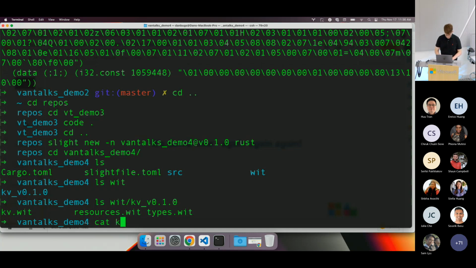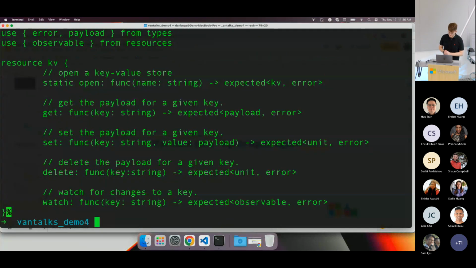Let's just do a cat on that kv.wit. And you'll see that it is actually very similar to the one we had, with the only exception that we're not returning strings when we have errors. We're returning an actual error type that is defined in types, but then the rest is all the same. With the one other difference that we don't just support strings for values, we support a payload that you can handle however you want. Cool, so we have that